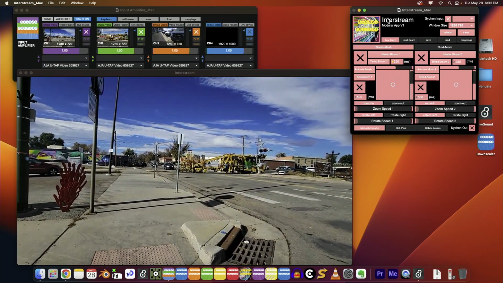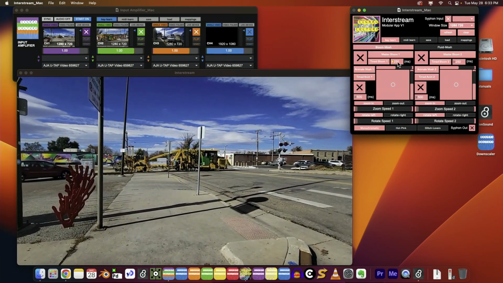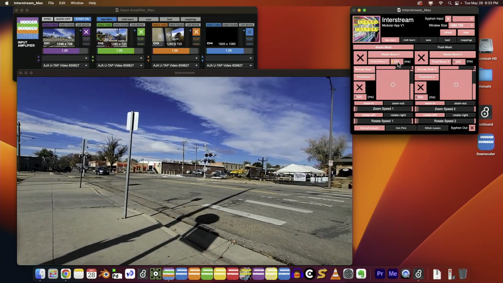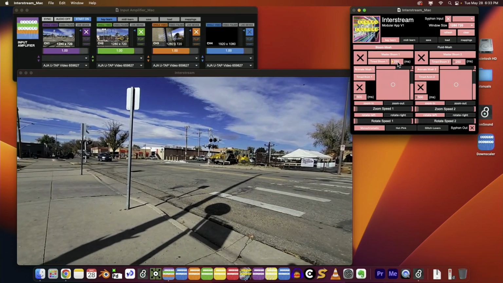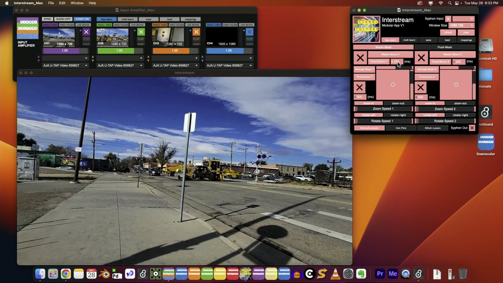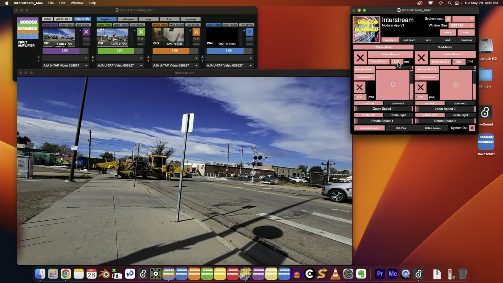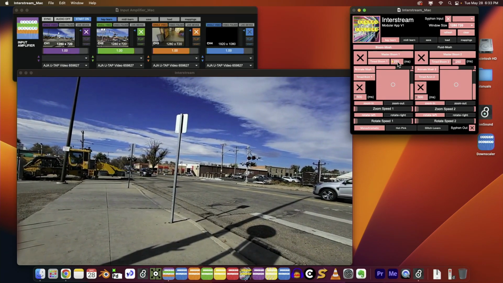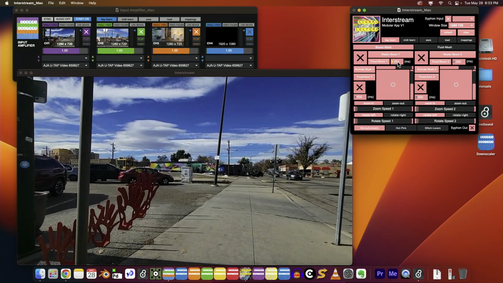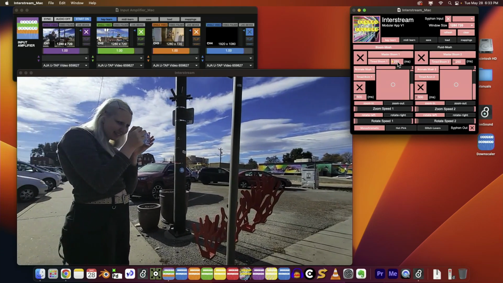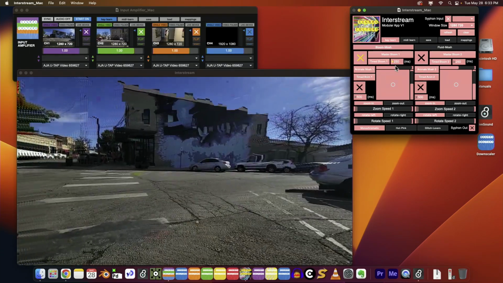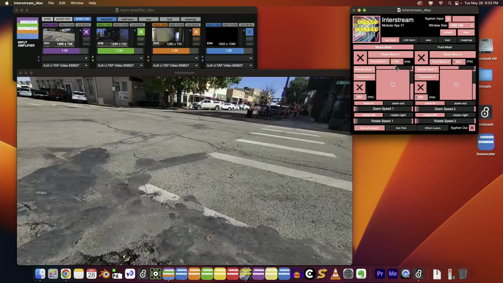So with timed bloom, there's a button for it, but right next to it there's also a number box, and that number box is in milliseconds. So the quickest bloom that we have is 250 milliseconds, which is, sorry, a quarter of a second. And so because of that, when you click timed bloom, you'll notice that it will bloom for a quarter of a second and not bloom for